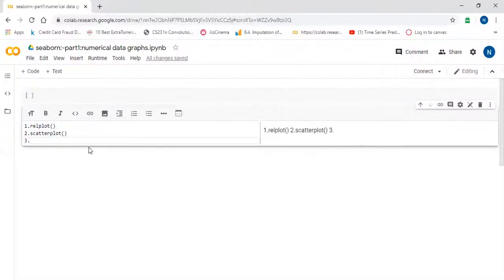And third one is the line plot. Using relplot, we can plot the scatter plot as well as the line plot. We have separate functions as scatterplot and lineplot with some extra parameters in Seaborn. But most of the time, I prefer to plot numerical data with relplot because it has both the functionalities of scatter plot and line plot.